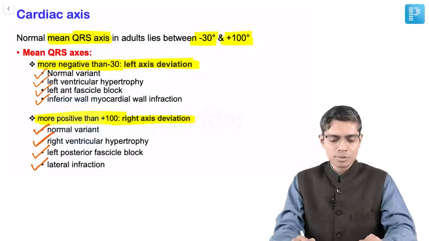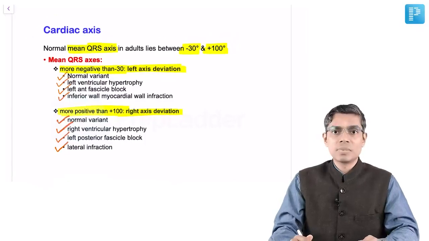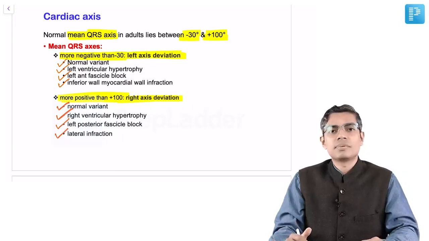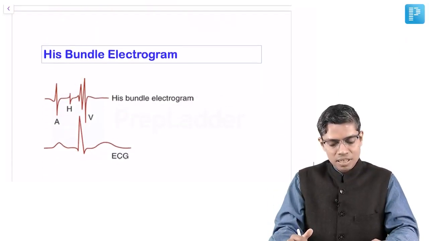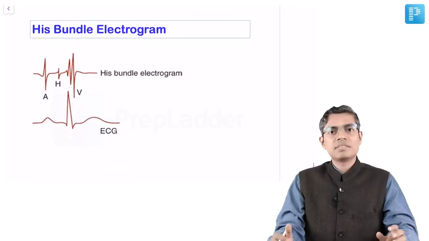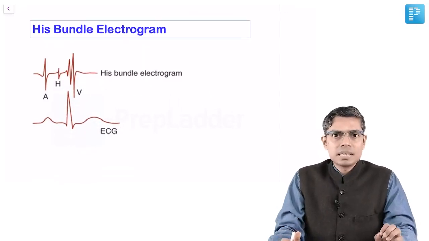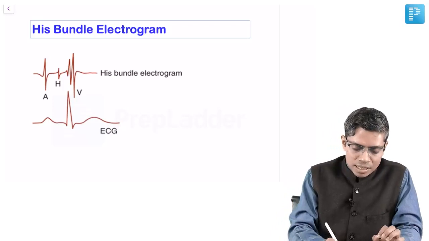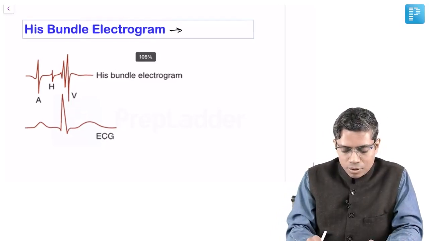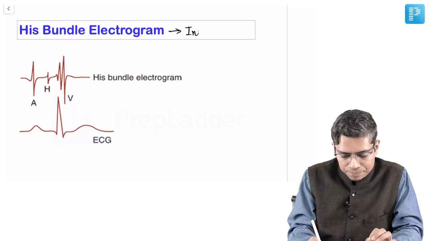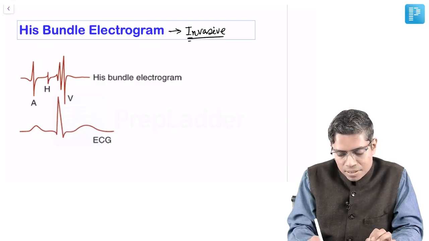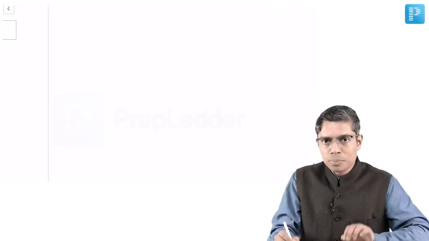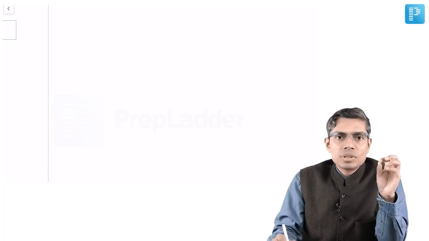So this is all about your basic concept of normal ECG, how different waves are generated, and how different normal measurements are taken from ECG. Now before concluding this session, I want to discuss another special variety of ECG that is known as His bundle electrogram. First, remember, His bundle electrogram is an invasive ECG recording, not like the normal ECG. So in this recording, you have to place your lead close to the AV